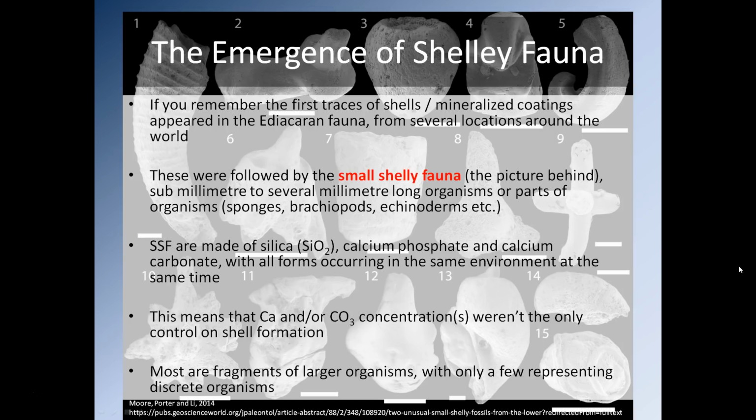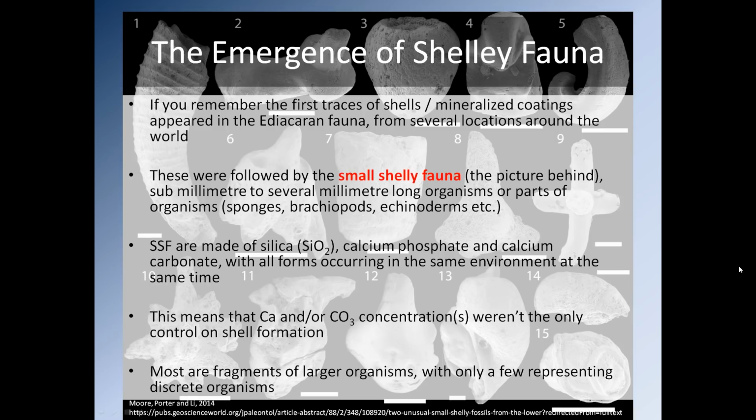But we don't see that. We see in the same environment silica shelled organisms, calcium phosphate shelled organisms, and calcium carbonate shelled organisms at the same time. And so this shows us that when it comes to the evolution of life in the early Cambrian, the concentration of calcium or calcium carbonate dissolved in seawater was not the only factor controlling life's